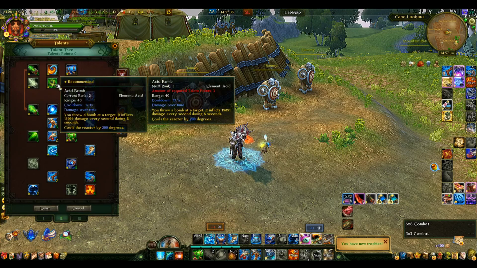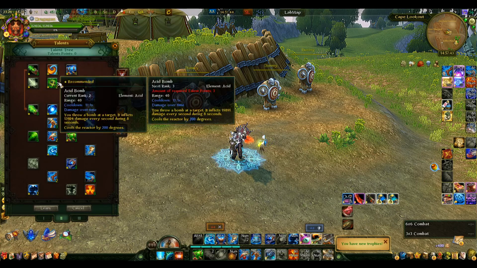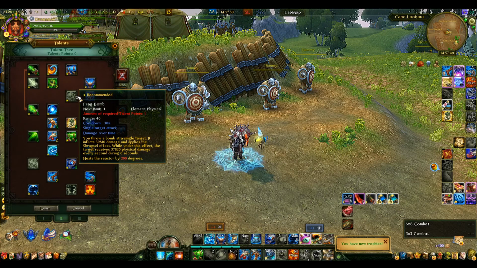Next layer we go for acid bump. Now we have acid bump to do some DOT damage, but more importantly is to get that 200 heat up really quick, 200 cooling in this case. Now you can say the same, we might even take this rank 1 and the frag bump rank 1,